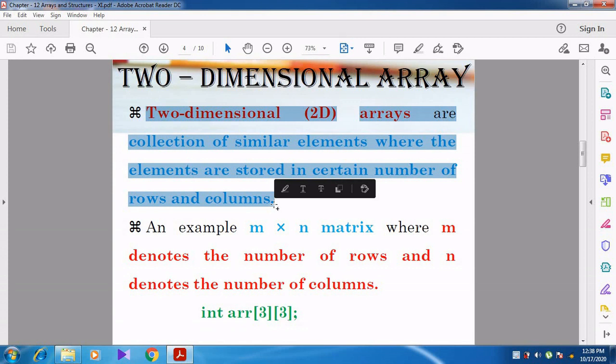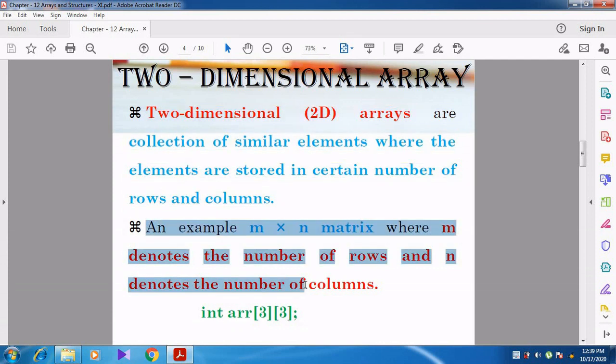So based on the data type, the elements will be similar, and all the similar elements will be represented in the form of rows and columns. In mathematics you might have studied this as a matrix. You can compare it with the matrix. A two-dimensional array will look like a matrix.